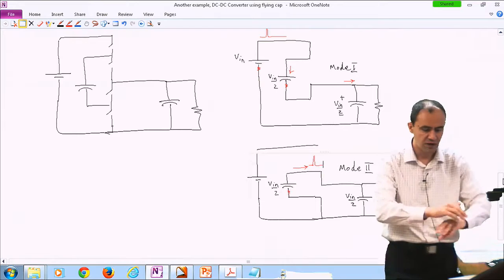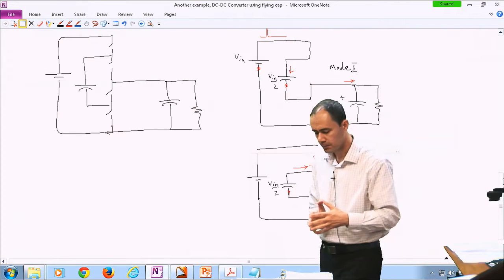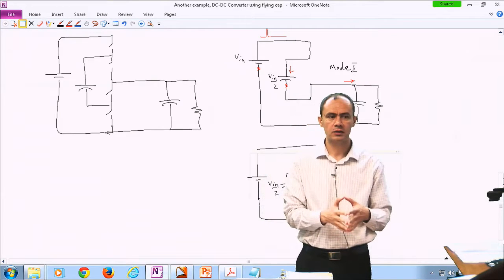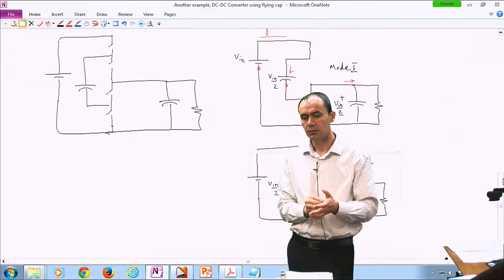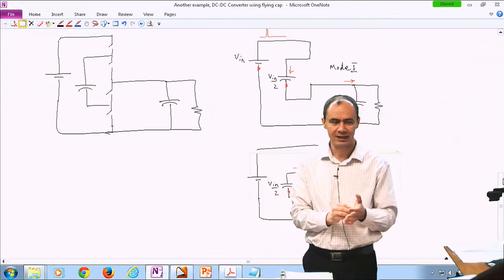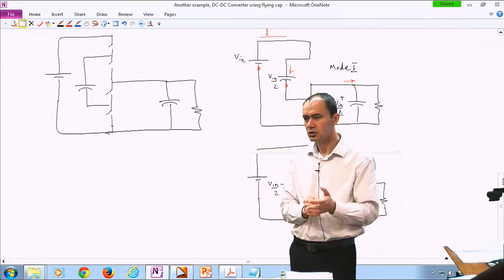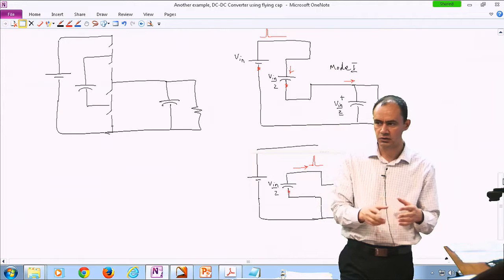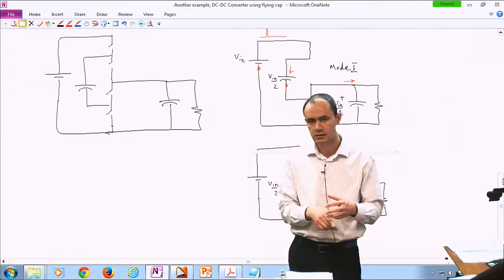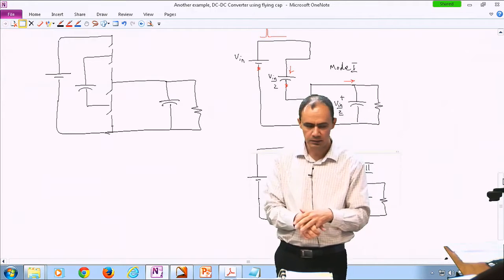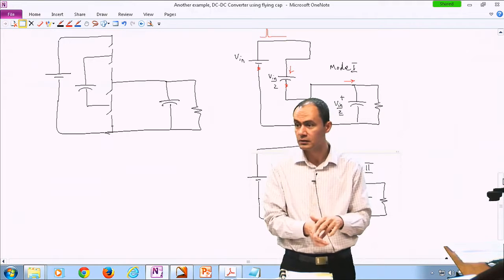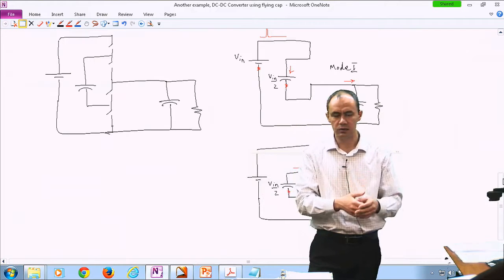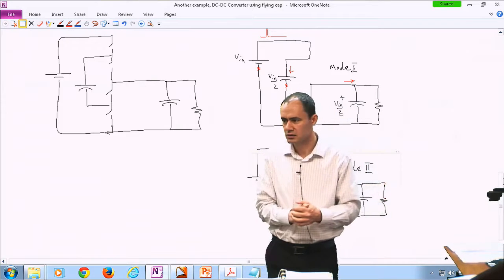Switch capacitor converters have been around for quite some time. Advantages, disadvantages. Advantages, they don't have inductors. So especially when it comes to, for instance, miniaturization of power electronic converter, like at chip level. Inside your chip, you need a DC-DC converter. Making inductors in a chip is really difficult. You need a lot of area. Making capacitors is not as difficult. Still, you need some area. And making switches and transistors is very easy. So preferably, you want to avoid inductors in a chip. So there you go. You have a topology that doesn't need any inductors and it still does DC to DC